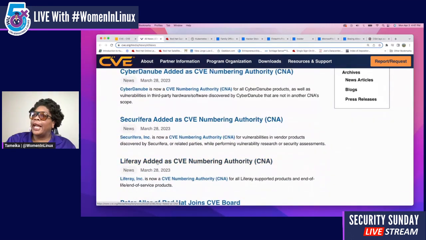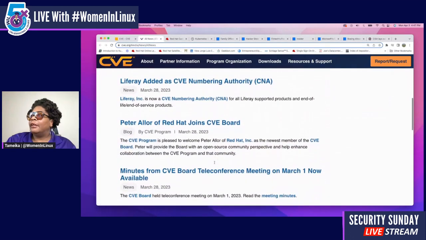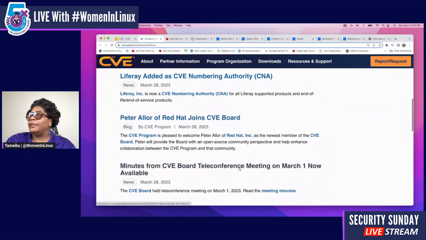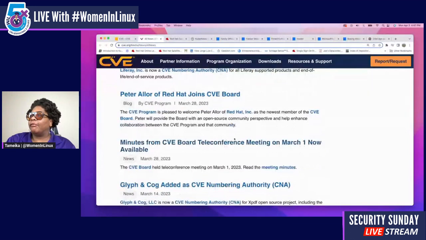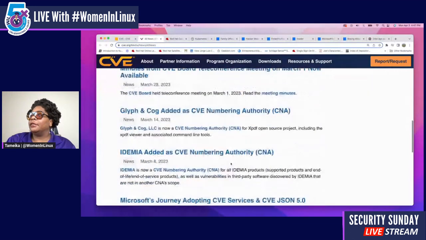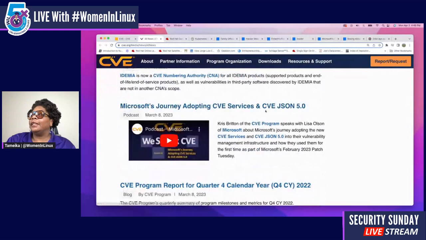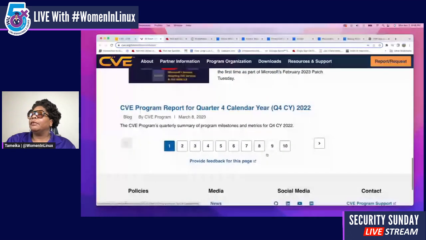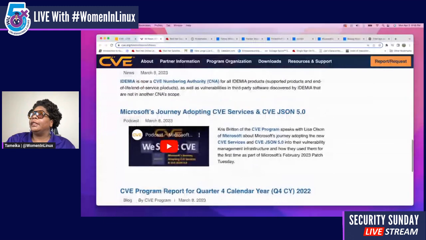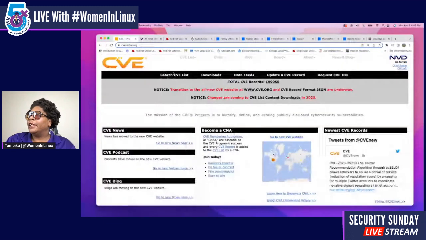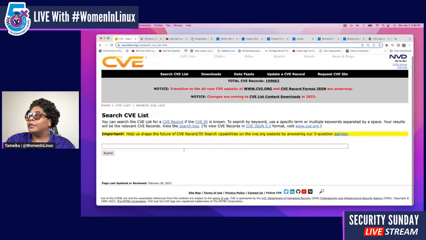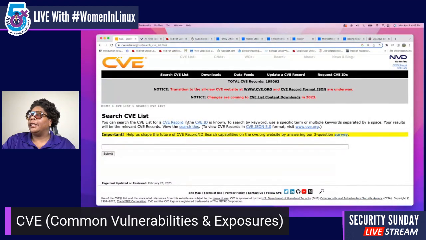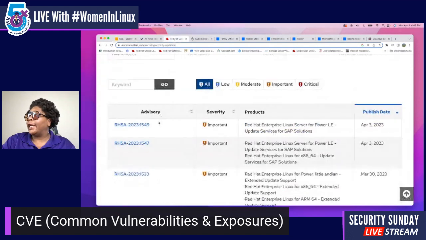They have Liferay added as a CVE numbering authority, Red Hat's Peter Allor joins the CVE board, and there are minutes from their teleconference on March the 1st. Just a slew of information, including Microsoft Azure adopting the CVE service. That's the different information they have for CVEs. Now let's go back and do a search on the CVE list. If you had a CVE ID or a record, you could type it in here. I have Red Hat's up right now, and I have their advisory right here